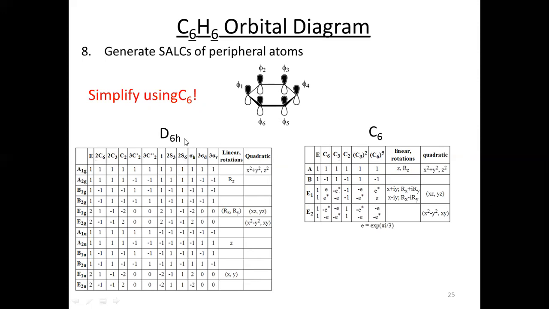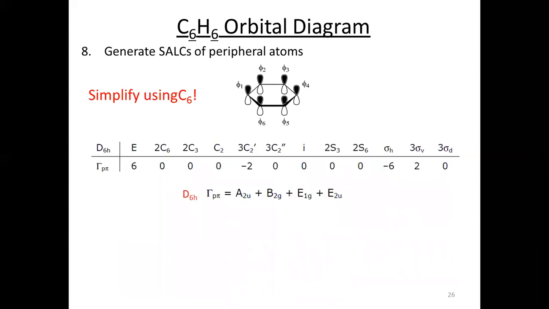So rather than using this type of character table, we can solve the symmetry adapted linear combination by using a much simpler cyclic group, C6. So now we will solve the symmetry adapted linear combination by choosing the C6 point group. How will we do it, and how simple it is? And how can we say that the C6 point group can solve our problem?